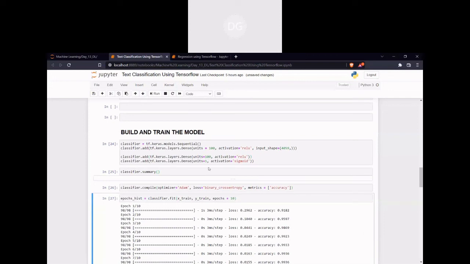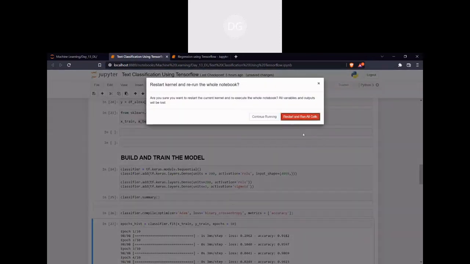Instead of giving 100, if I give 200, do any changes come or not? Only the decimal values are going to change in my assumption, or else I will change it and see. Instead of 100, I'm giving 200, and let me keep the 10 itself. Let's see if any changes come in my accuracy or not.